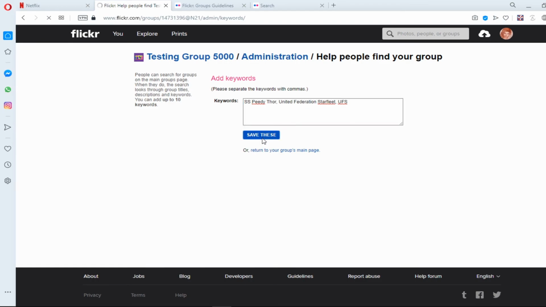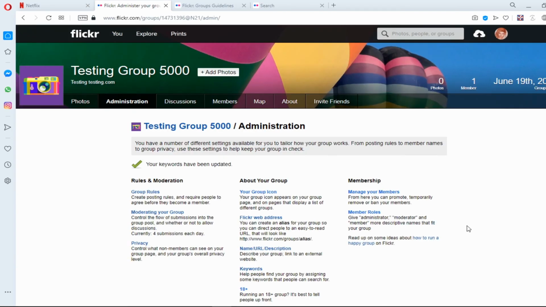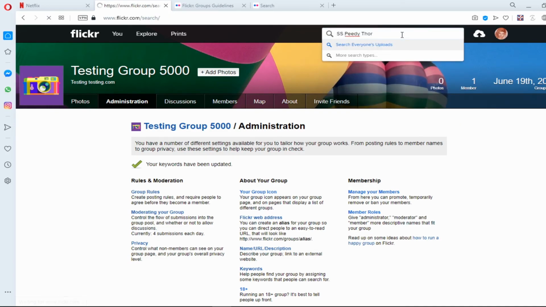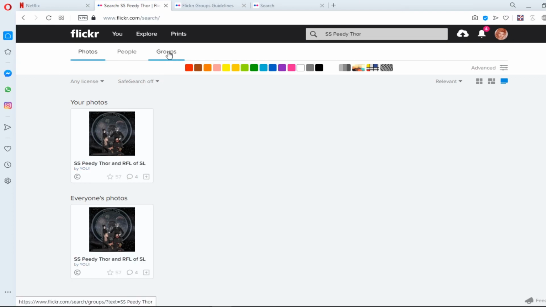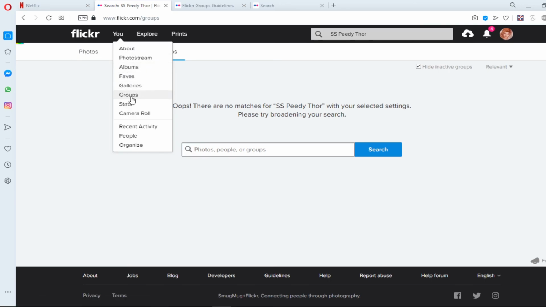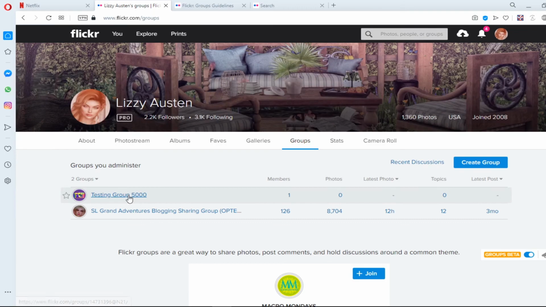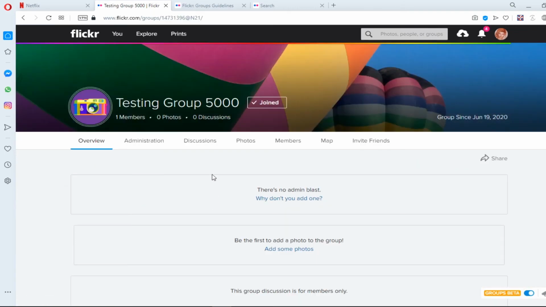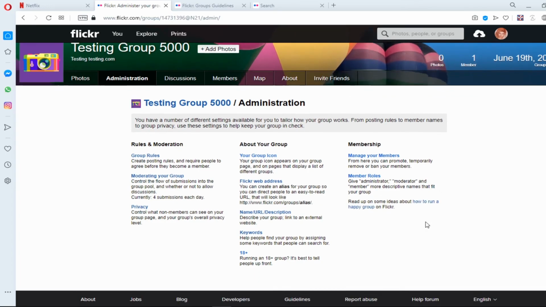And if you save these, and then if you were to go search for SSPD Thor, so I'm going to do that, SSPD Thor, and under groups, of course, make a liar of me. It should have tagged it and pulled it up, probably because I don't have any pictures in there yet. Okay, so if you go over here,